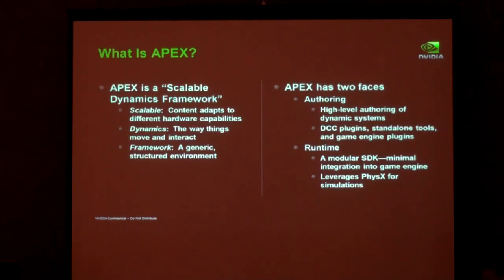So you can have high-end content for high-end configurations and relatively low-end content for the lower-end configurations. So how do we do that? And then the dynamics part of it is, of course, the physics part, and you want to maintain the same behavior, roughly speaking, across all these platforms. You don't want radical differences between the physics on the high-end PC and the console, because that creates a QA and content nightmare